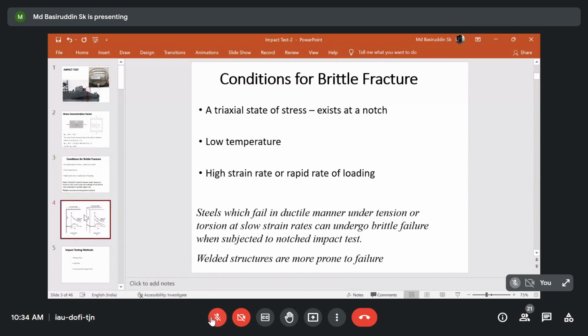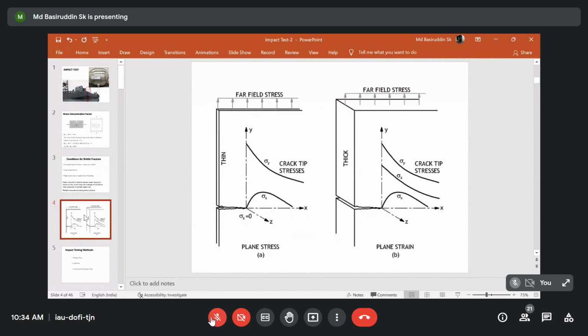Okay, so for better examples, if I show you this particular schematic, then I think it will be clear to you. If you have a very thin plate, or a piece of paper, then you know that the thickness is very, very small. So if you have this crack, or any minor defect, at that particular site, then if you apply the load along the y-axis,